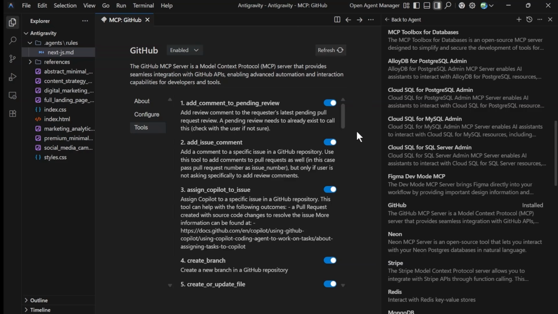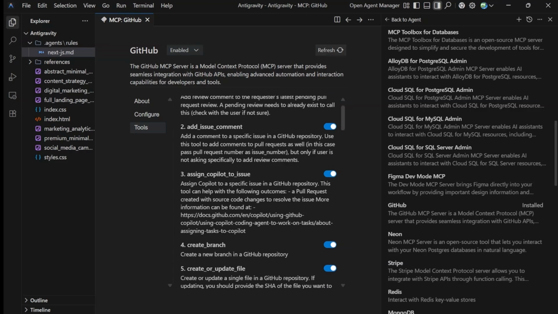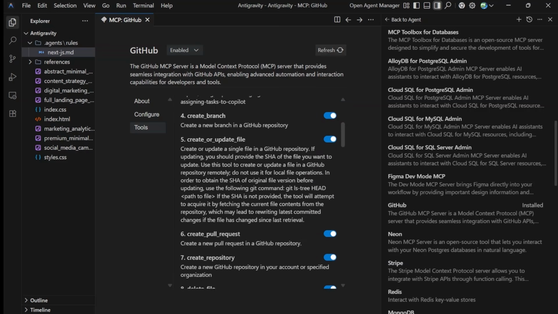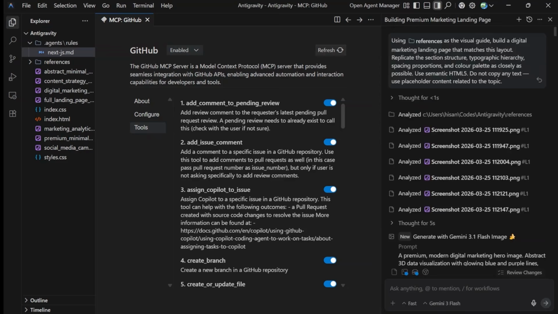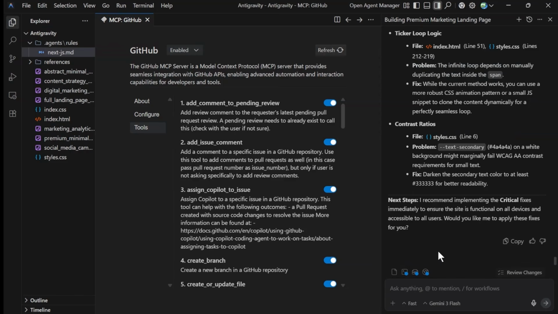So each of these tools comes with a description that you can read and turn off if that's not necessary for your workflow. Or if you're not using many MCPs, then you can leave all of them on. Now, to actually put this to test, we are going to be using the GitHub repository from my account